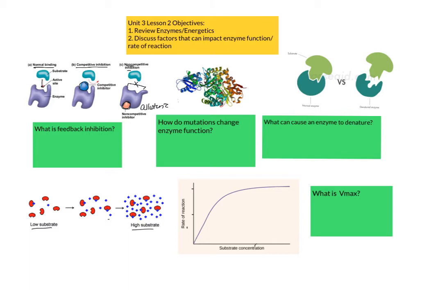Now, something that I mentioned as well is feedback inhibition, which is very heavily tied to non-competitive inhibition. The idea is that if an enzyme is working in a cell to allow a particular reaction to proceed at a faster rate, the cell might not need that reaction to go on continuously, right? It might only need it at a certain time, and it might be wasteful or even harmful for that reaction to continue indefinitely. And so feedback inhibition is where the product or one of the products